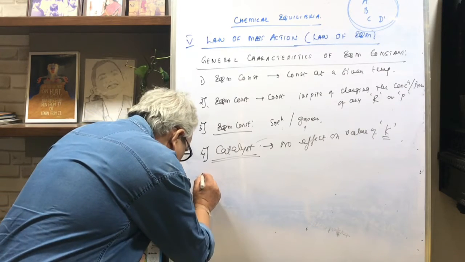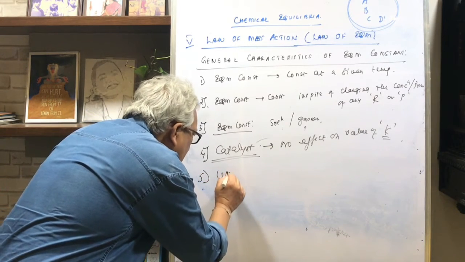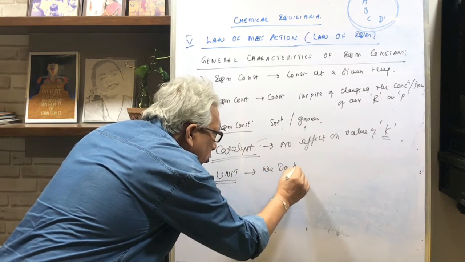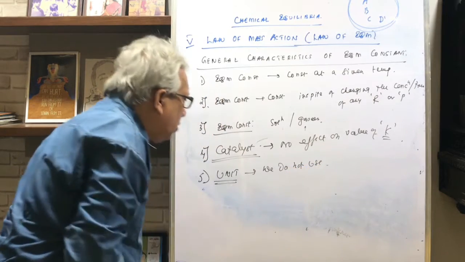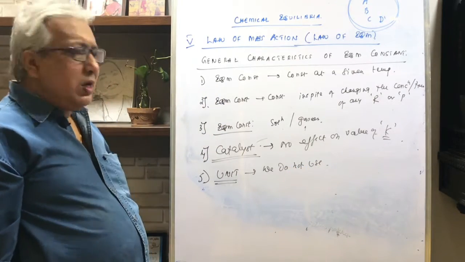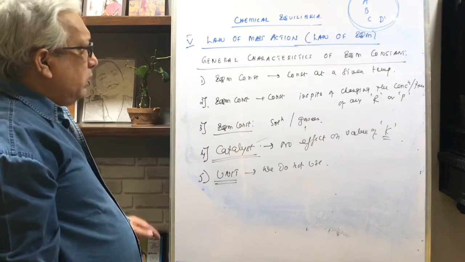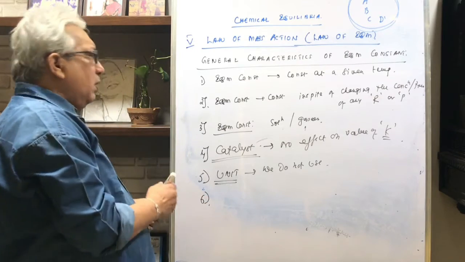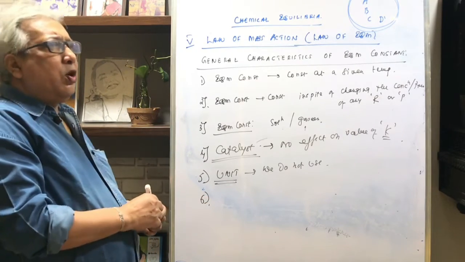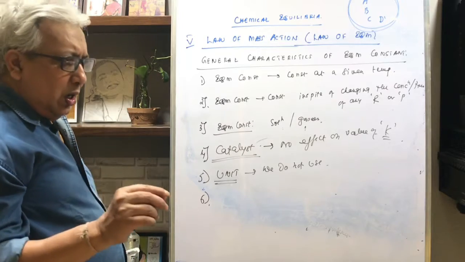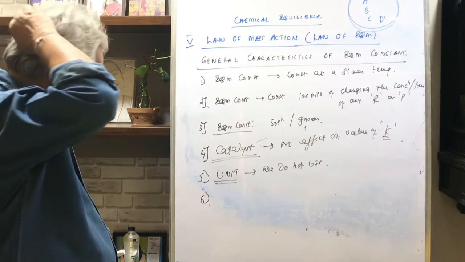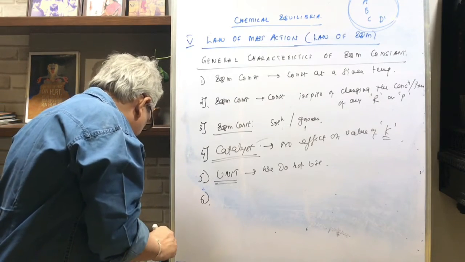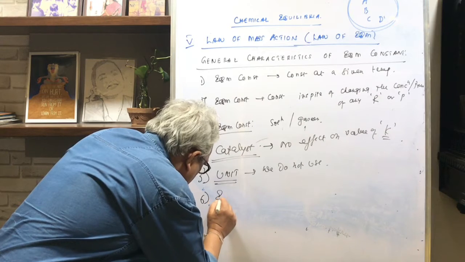Then point number 5. Point number 5 is about the unit of Kc or Kp. Generally, we do not use the unit of Kc or Kp. And coming to point number 6. Point number 6 is this: the equilibrium constant, that is Kc or Kp, the expression, the unit of the expression